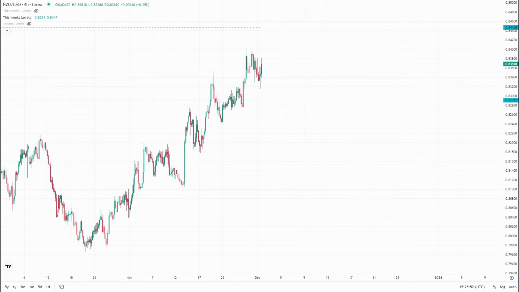Moving on to the CAD pairs, and these two markets with the Canadian dollar, so New Zealand CAD, and next we're going to look at CAD franc. These are only after the interest rate decision. These are interest rate decision setups. If I do not see the opportunity to go long New Zealand CAD, I'm not going to be shorting it. I will leave it off the table altogether. So it's on the watch list, but we have to see the right setup on the interest rate decision out